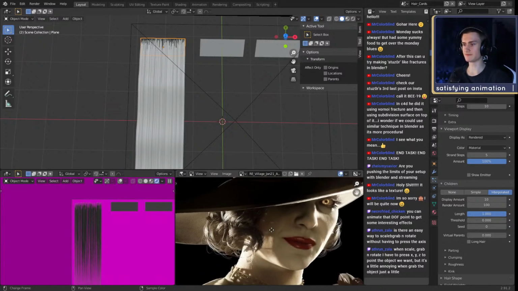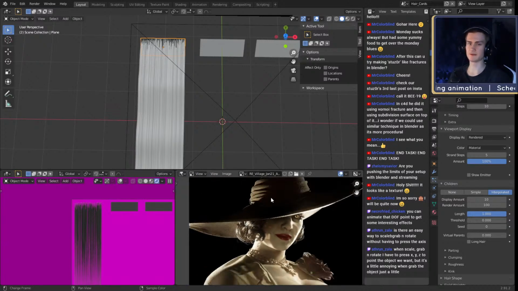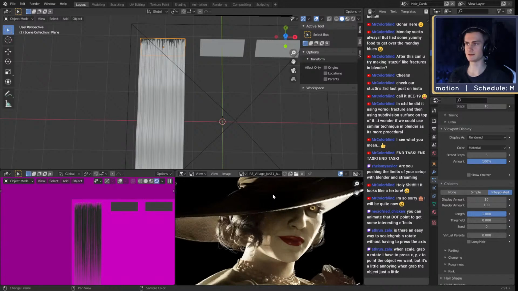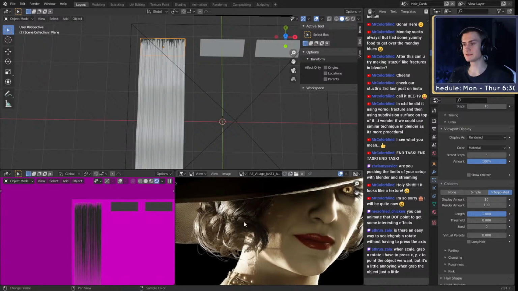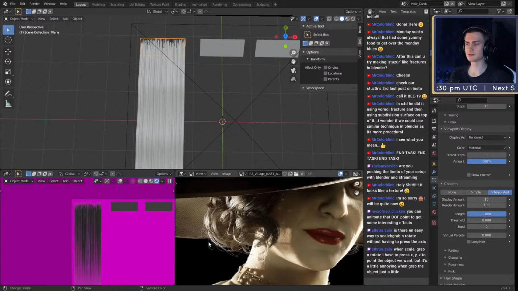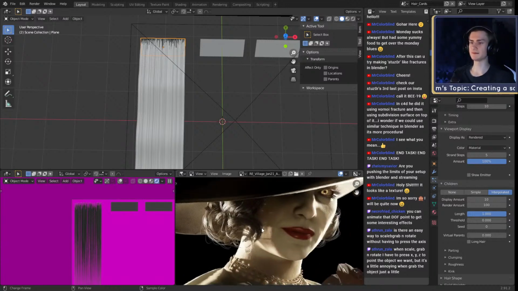So what you would have is, on the scalp, the base layer, so you can't see the scalp anymore, like the skin. Then you have these big strands right there. As you can see, you can kind of see through them. And then you would have these small hairs that you can see right there, these individual strands that you would then implement in the end, just to give it a little bit more detail and a little bit more depth.